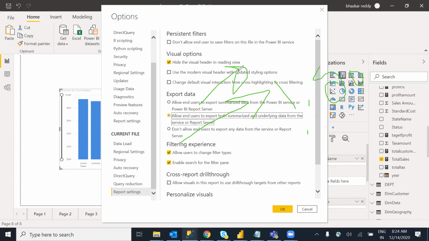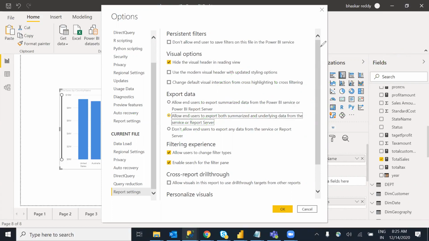Maybe at interview time they will ask what is the maximum limit you can export from a visual to your Excel file. It is 1,50,000. Earlier we had 50,000 only. With the recent update, they have exceeded this number. Only 1,50,000 records you can export, either summary data or underlying data.